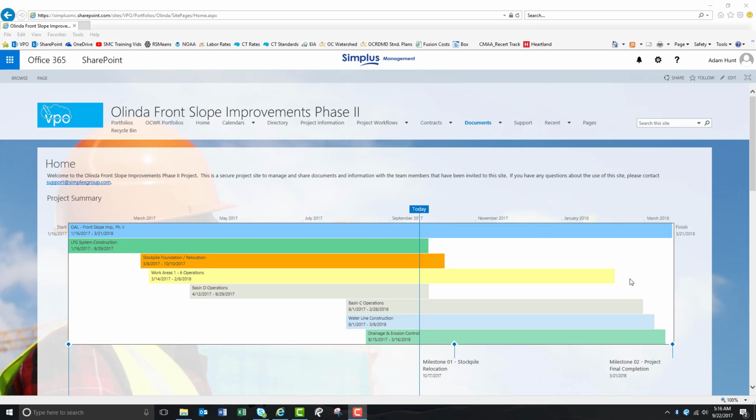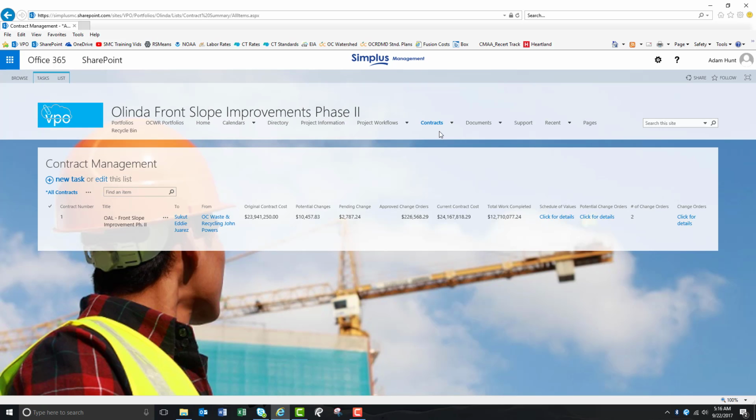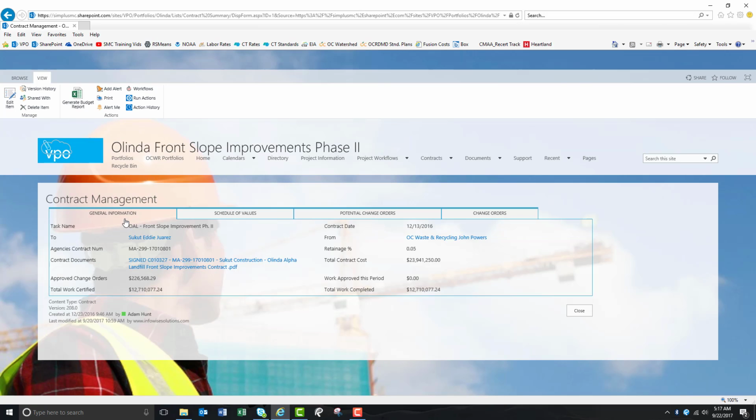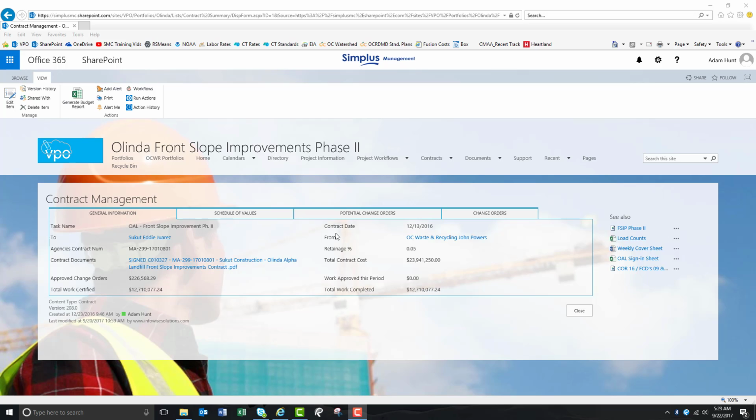Now that we've briefly gone over what you can find under the contracts module in VPO, let's dive a little deeper and get into the contract management submodule and how we can go about using that. Once you've clicked on the contract management submodule within the contracts dropdown, you can come over here and click the title of that project that you're trying to get into, and you'll see all the contract information for the project